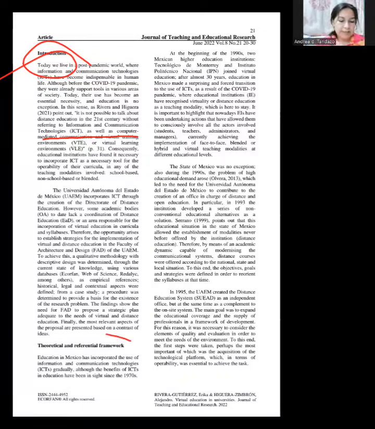In the next part is the theoretical and referential framework. That is a section where existing theories that support the research are explained, showing that the work was based on established ideas. Okay. In this article we find a textual or direct quote. In this part, under the APA norms, the textual citation is narrative, and the quote must be enclosed in double quotes. For example,